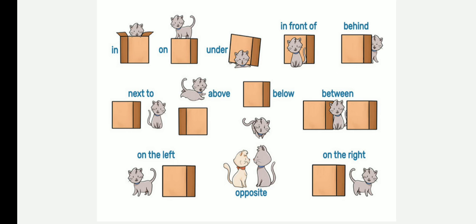Here, in the next picture, the cat is standing on the left of the box. Sometimes, in order to say next to or on the left, we can use the preposition beside. Beside means near. Here, the ash color cat is sitting opposite to the white color cat. So instead of on the right, on the left, next to, we can use the preposition beside or near or nearby. So these are the words which we can use as prepositions of place.